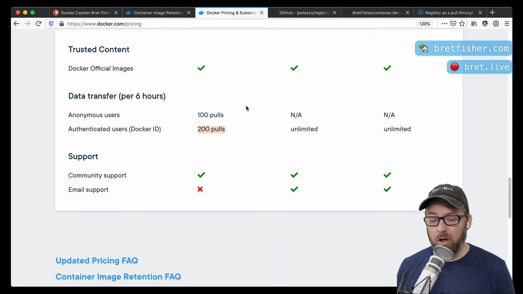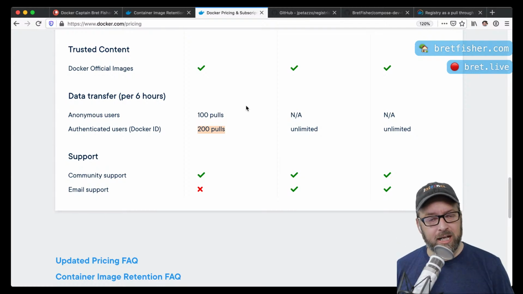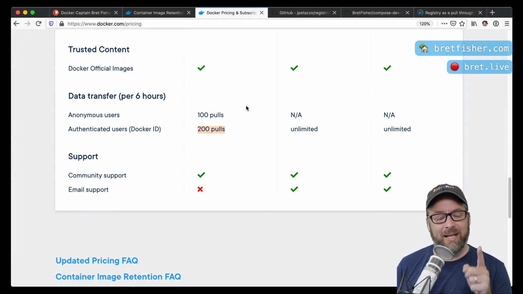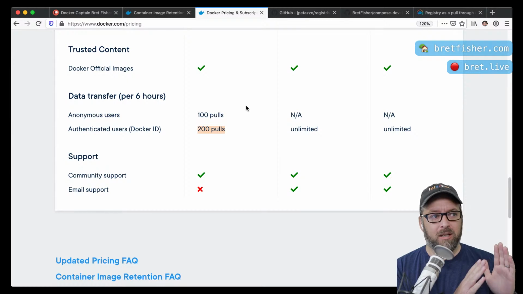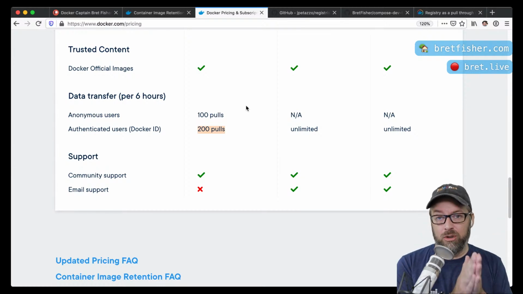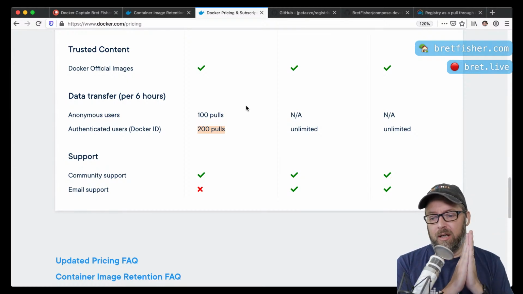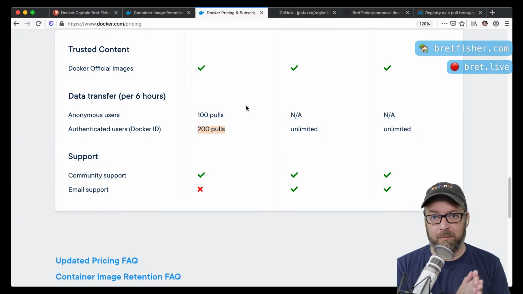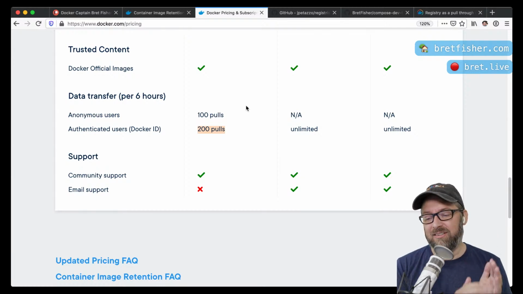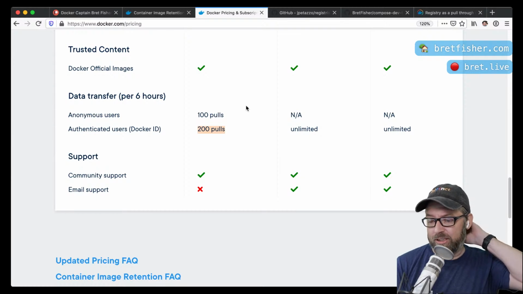All right. So, step 1, make sure you're authenticating in every way possible. This authenticated users or anonymous users limitation is based on your public IP address. It's not based on the original image you're pulling. It's based on you, the puller. So, again, this is all about basically limiting someone from pulling every image from Docker Hub, all 15 petabytes of it, because there's people doing that. So, we need to have some sort of restrictions in place.